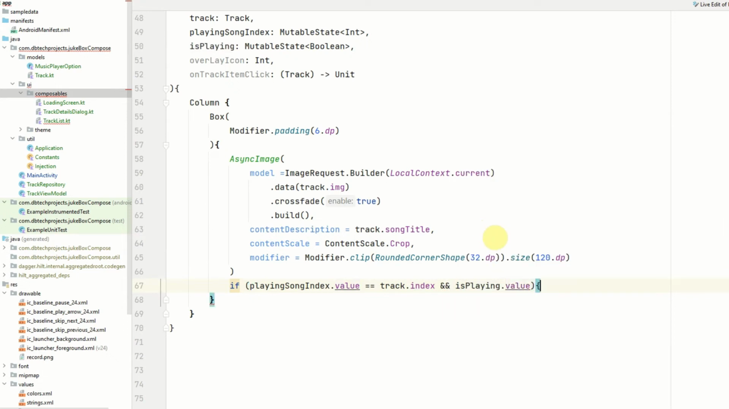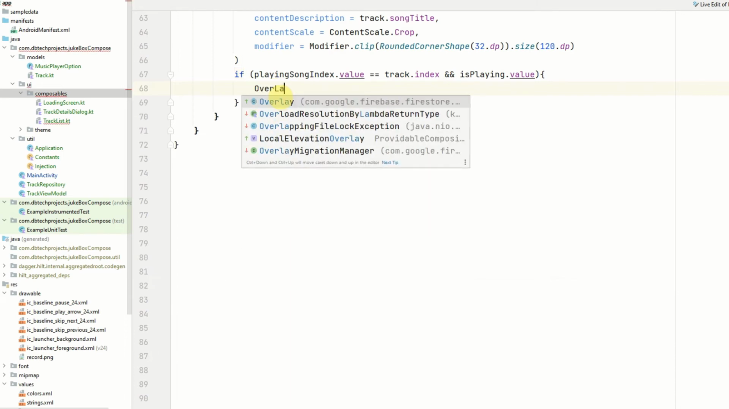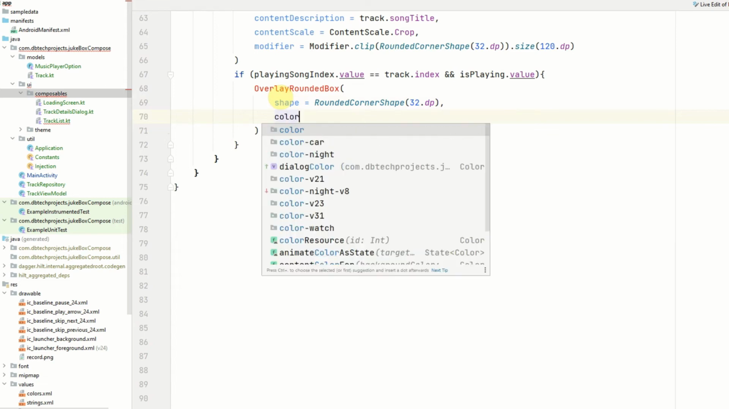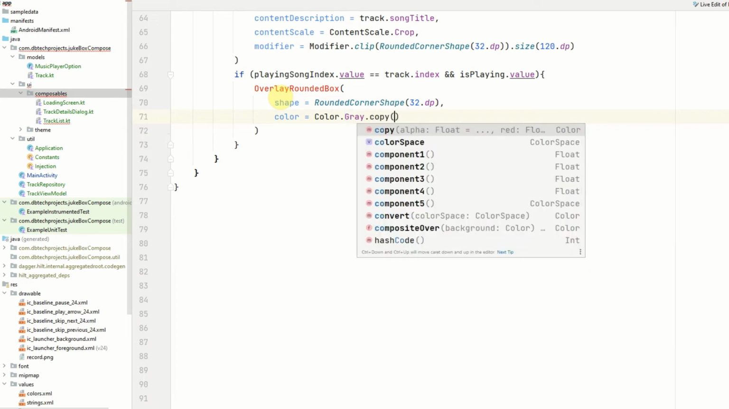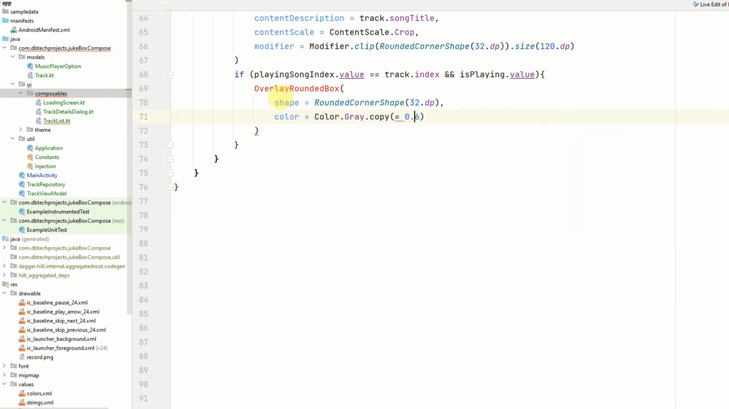So is playing.value. If that is true, we want to add an overlay rounded box, which is a composable we are yet to create. That will be called overlay rounded box, and this will take 5 parameters. The first one will be a shape, which will be a rounded corner shape of 32 dp, a color, which will be color.gray, and we want this to be transparent, so we need to copy this color and change the alpha, and we want to use 0.6, so it will be 60% transparent. So alpha equals 0.6f. Then we want to add the size, which will be 120 dp,